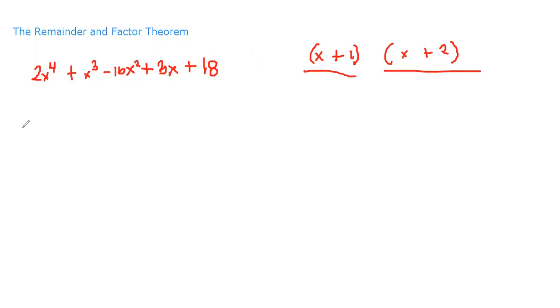Gamitin ulit natin yung substitution. So, we have P, polynomial. Ito talaga yung ginagamit, diba? So, equate natin si x plus 1 to 0. Si x plus 1 muna yung ating gamitin. Equate natin siya to 0. So, move natin si x plus 1 to other side of the equation. So, we have x minus negative 1. Gamitin muna natin si negative 1 kasi x plus 1 muna tayo. So, equals 2 times negative 1 raised to 4 plus negative 1 raised to 3